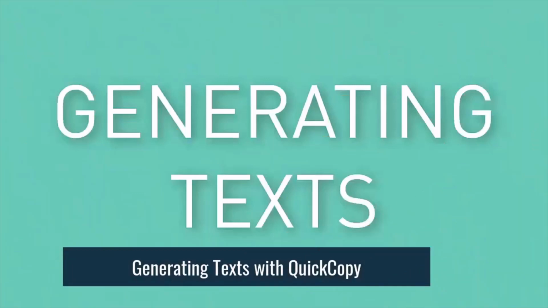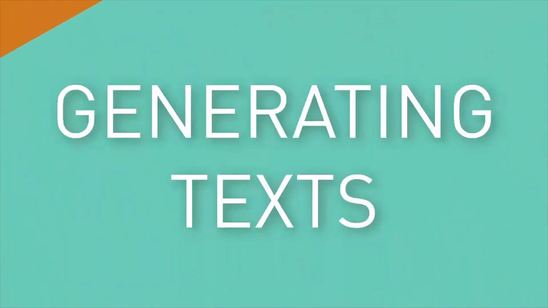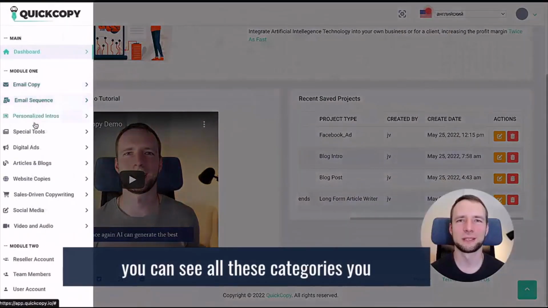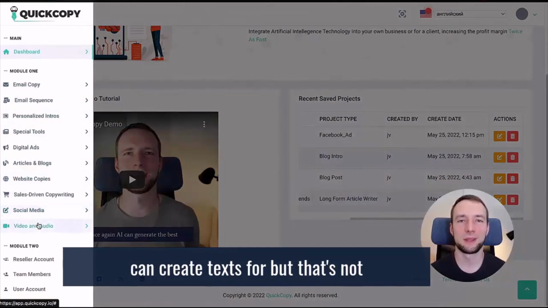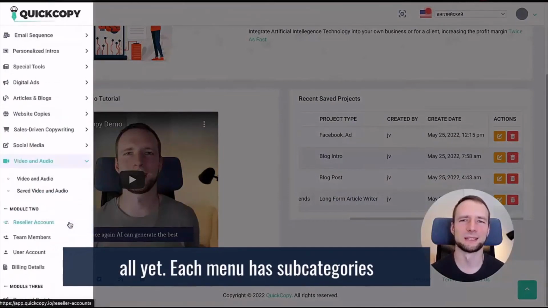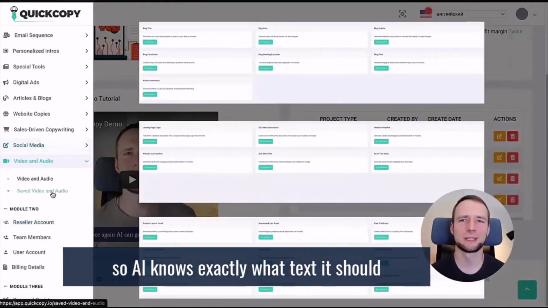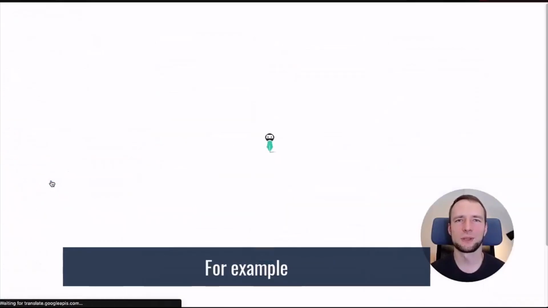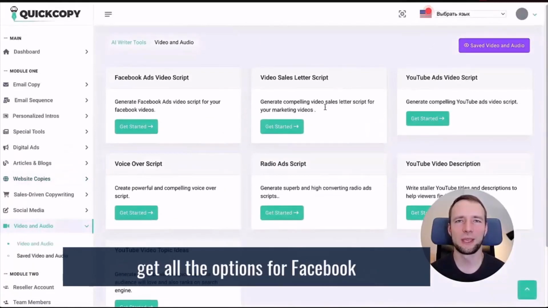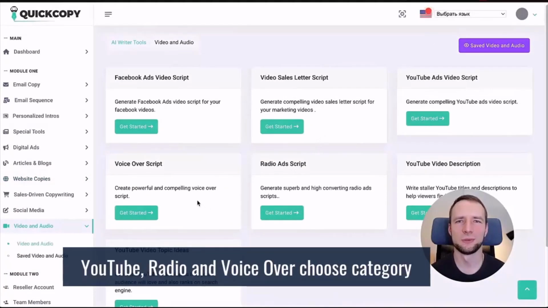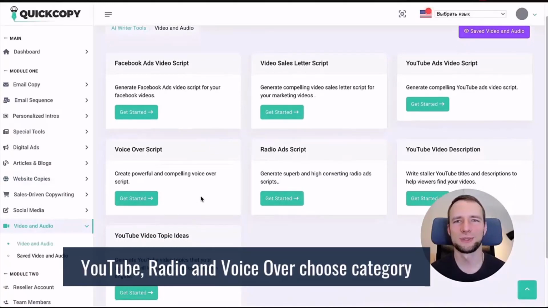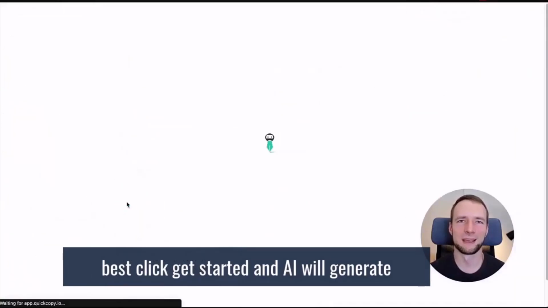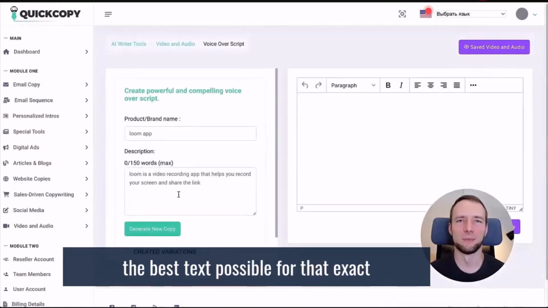Generating text with QuickCopy. Moving on to the key feature, generating high-quality content. In the main menu, you can see all these categories you can create text for. But that's not all yet. Each menu has subcategories, so AI knows exactly what text it should generate to suit your needs best. For example, here in video and audio category, we get all the options for Facebook, YouTube, radio and voiceover. Choose category and subcategory that describes your text best, click Get Started, and AI will generate the best text possible